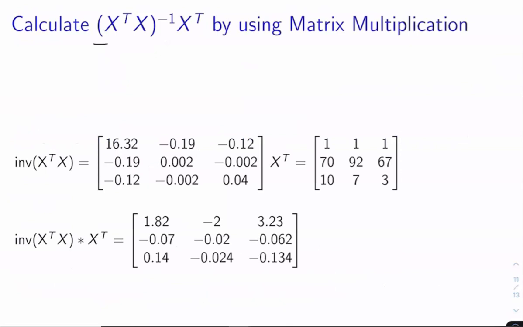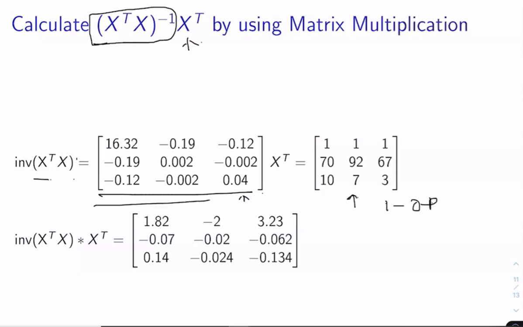Now, after finding this inverse, we need to multiply it by X transpose, the multiplication operation that I have already explained. This matrix is the inverse of XᵀX, and this matrix we obtained in our previous slide, and Xᵀ we calculated in the first step's output. The multiplication of these two matrices gives this result. I have not shown the intermediate results; I have reproduced only the final results here, and this completes our fourth step.